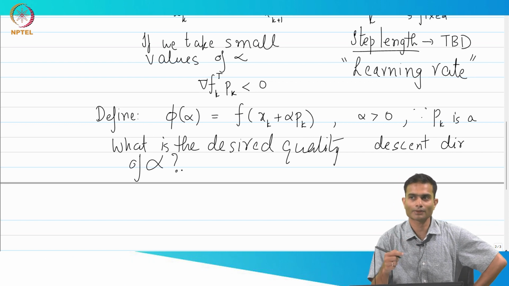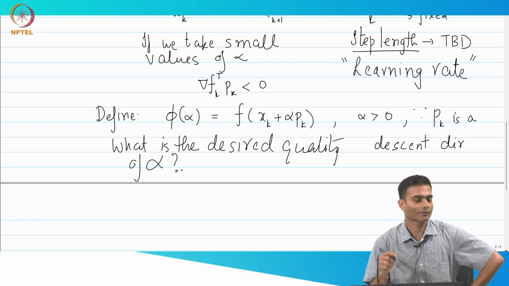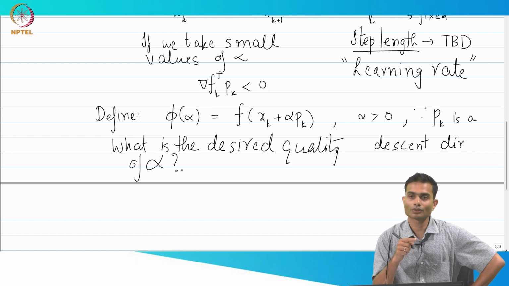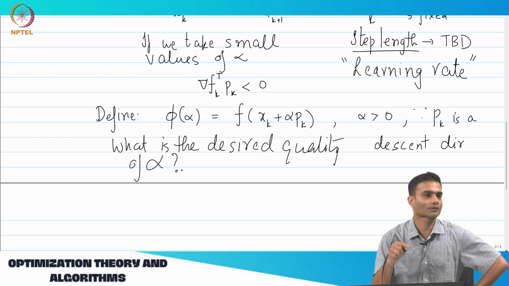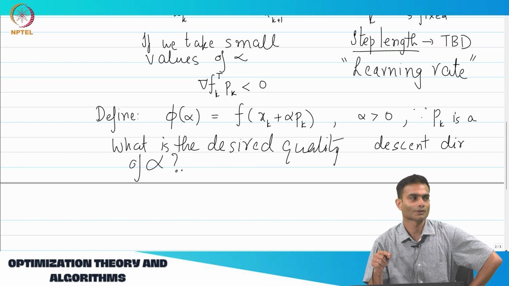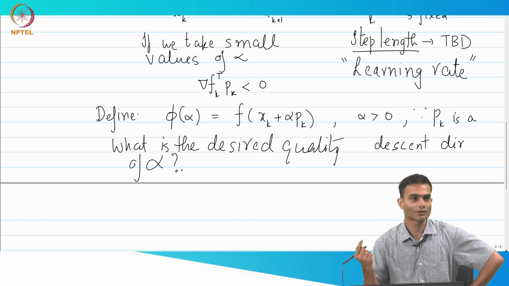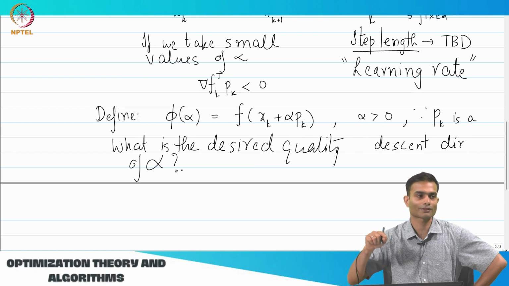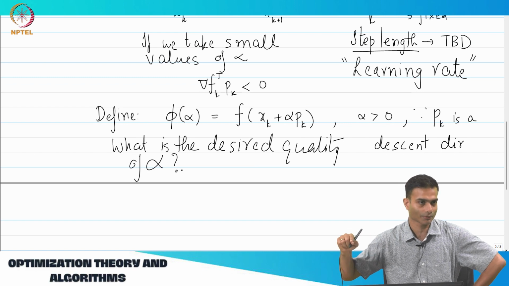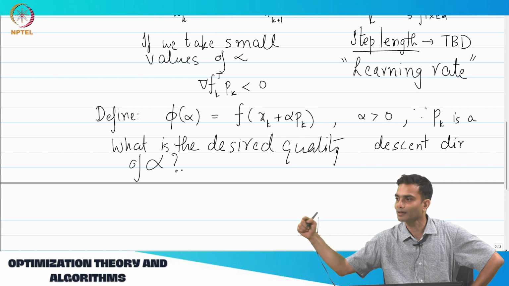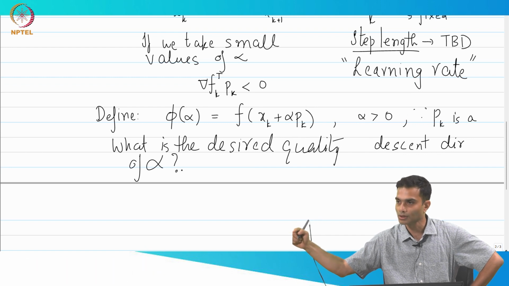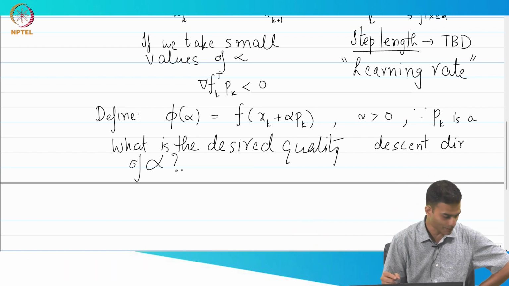Can we sharpen that and quantify that a little bit more? Correct. So the least possible value, what is the signature of a least possible value of a function? Its gradient. If the gradient of that function is 0, that is a signature for a stationary point. So I want to find that alpha such that the function value is as small as possible, which is the same as saying that the gradient of that function is 0. Right? So what we actually desire is